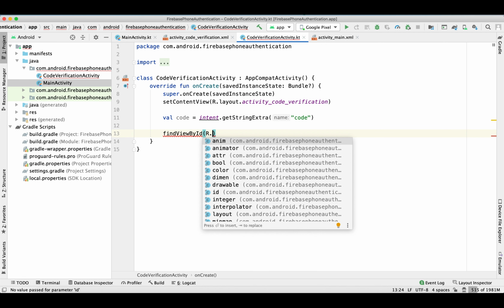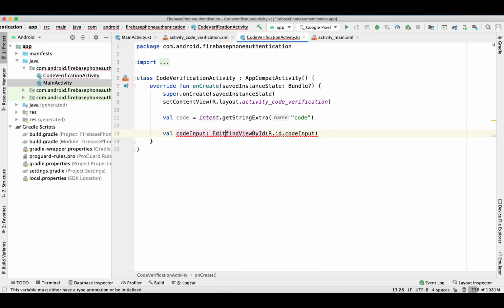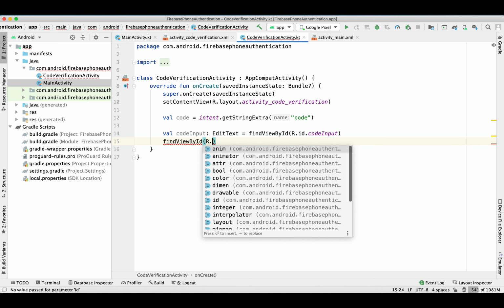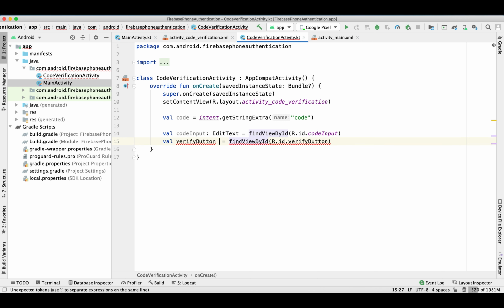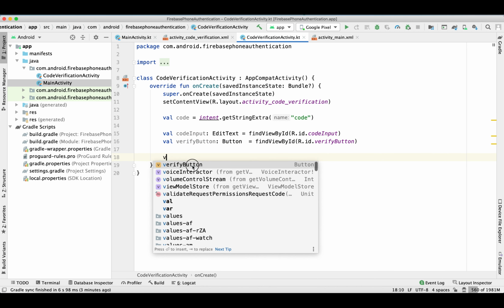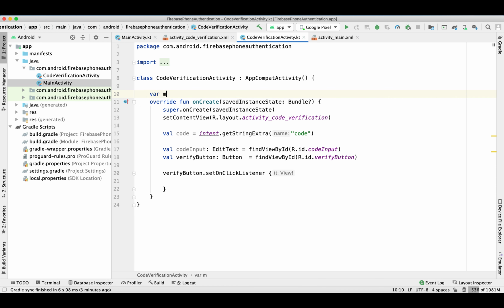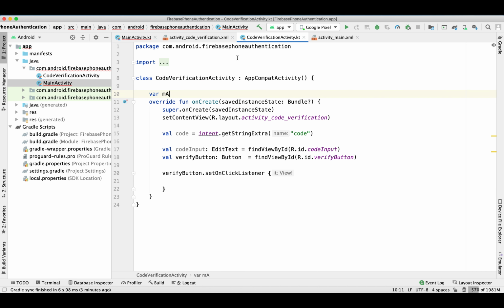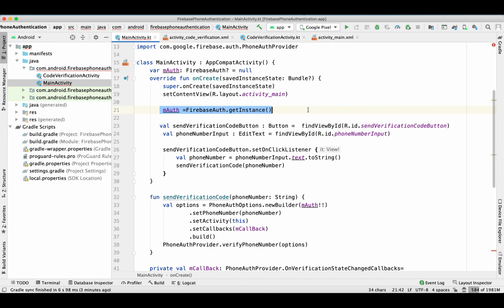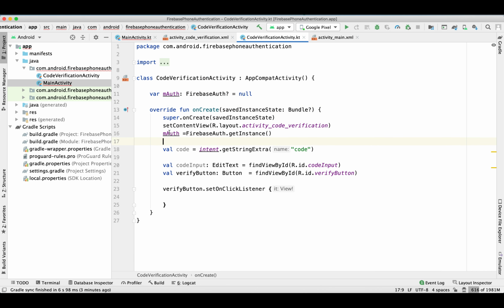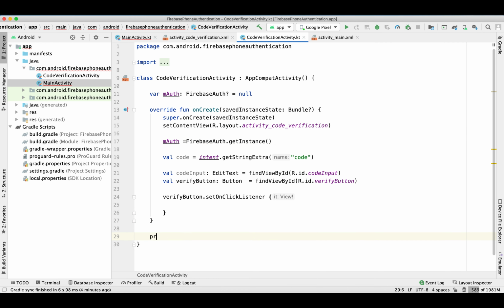Okay, now similarly we need to extract the values that the user is entering, like the 6-digit code that the user is entering, and the simple button click. So extract it and handle the button click. And here we need the auth, so the Firebase auth object. So I'm simply copy pasting from the main activity as we already did there. I'm creating a separate function which we are going to call on the button click. So I'm giving it the name verifyCode,